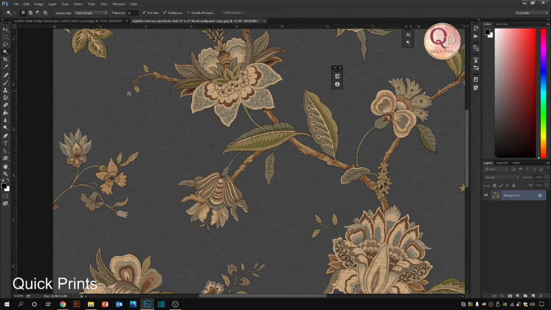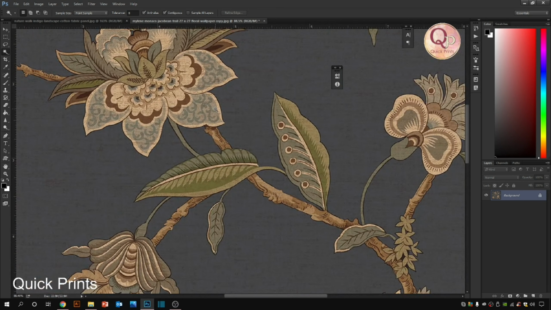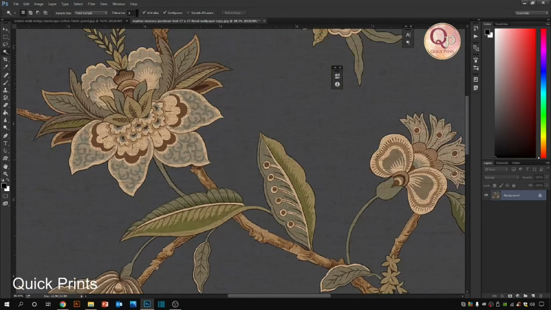For that I'm using a simple technique, the magic wand. Either you can use the pen tool, it's up to you. Pen tool, magic wand, lasso tool, magnetic, it's just a matter of selection, how to get it done. So let's see, I'm taking a tolerance of 15, anti-alias is on, contiguous is on, because I just want to add with the shift key to the selection.